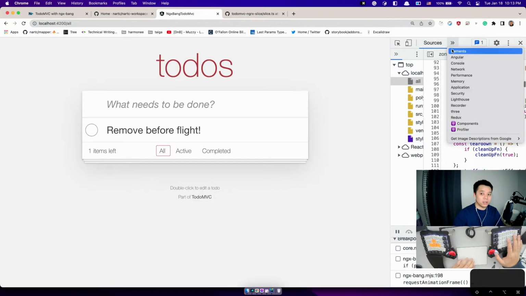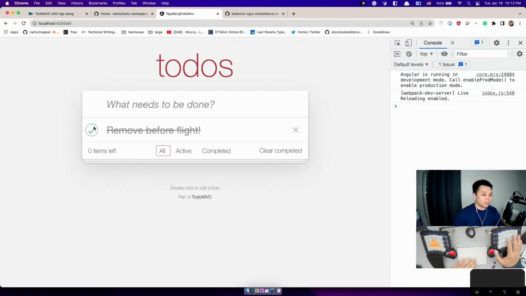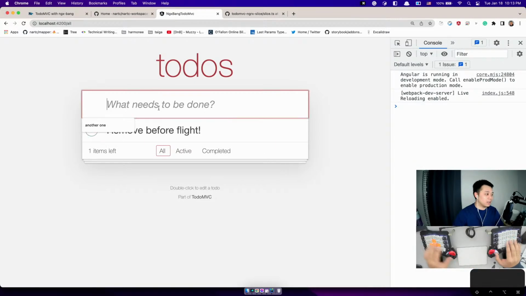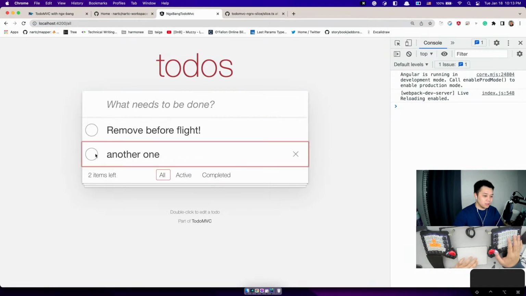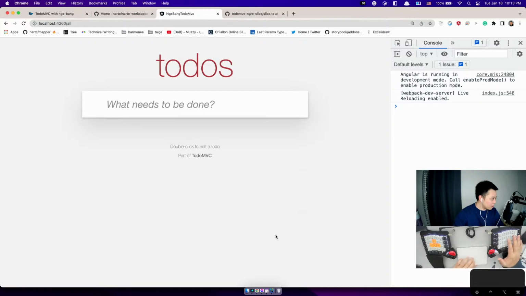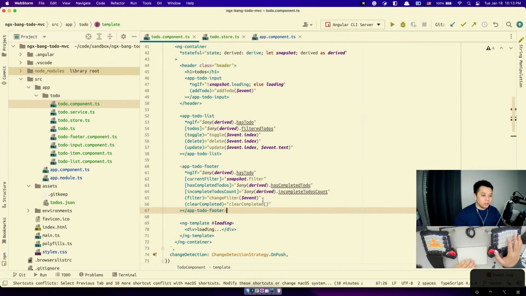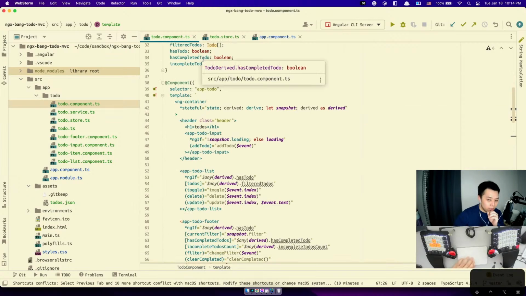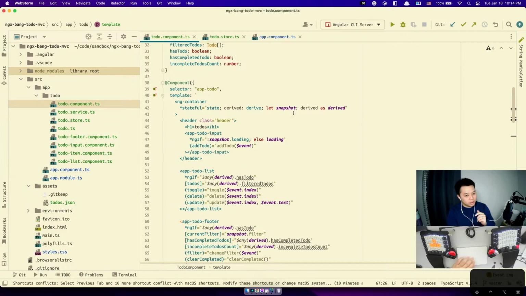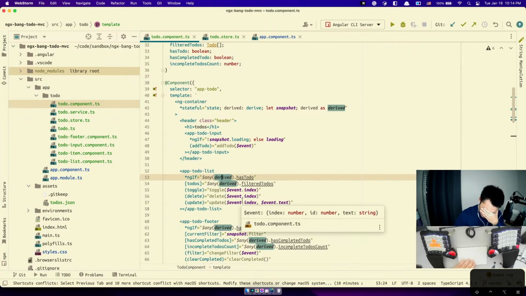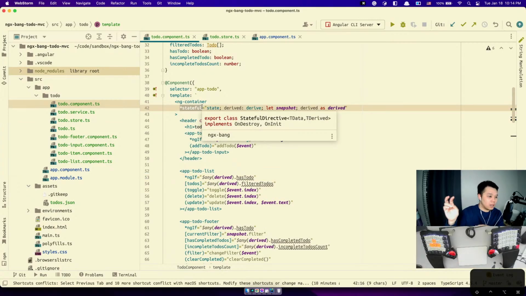And everything should work, just still works the same. Filter. Right. Remove that one. Hit completed. Right, so the difference is, if you use the store, the service, or the provider, then you don't need this stateful, because the state class